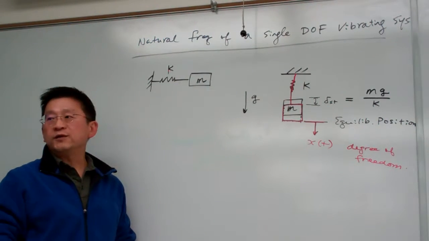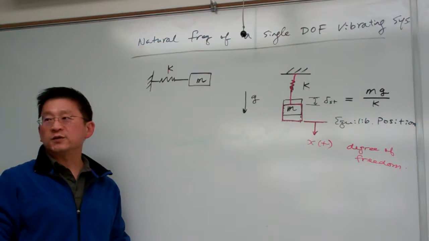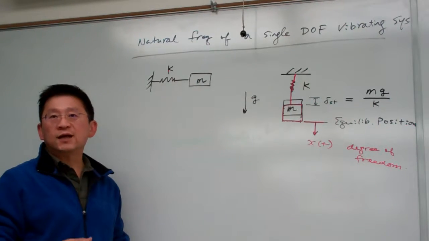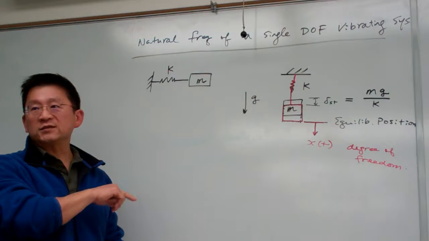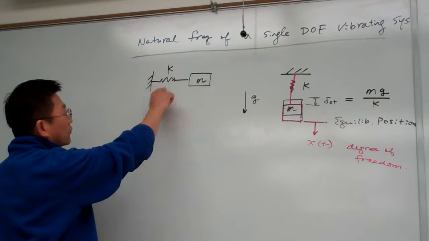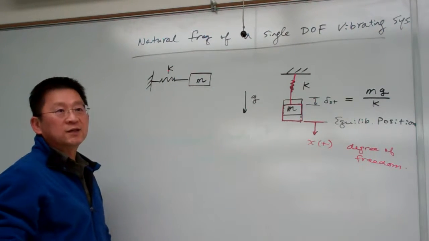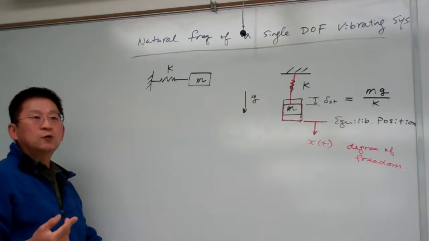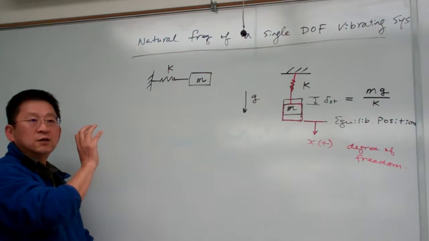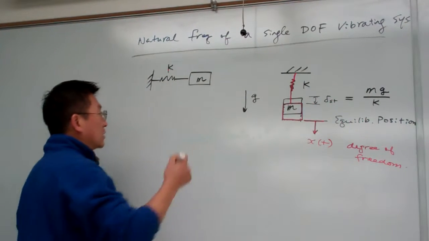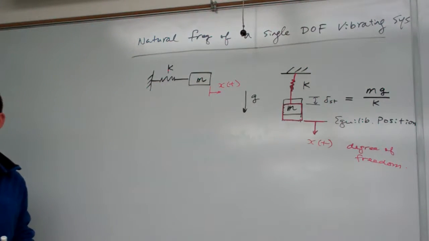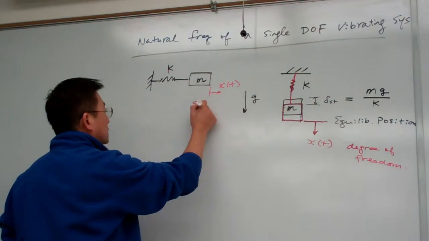Okay, and go back to read the textbook. There are a few pages of description, and the author uses very detailed and lengthy discussions, but the same concept is described here. For this horizontal configuration, gravity doesn't have any effect. So the equilibrium position for this one is simply its original undeformed configuration of the spring. So for this case, we simply define x(t) as the degree of freedom like this. So the equilibrium position for this case